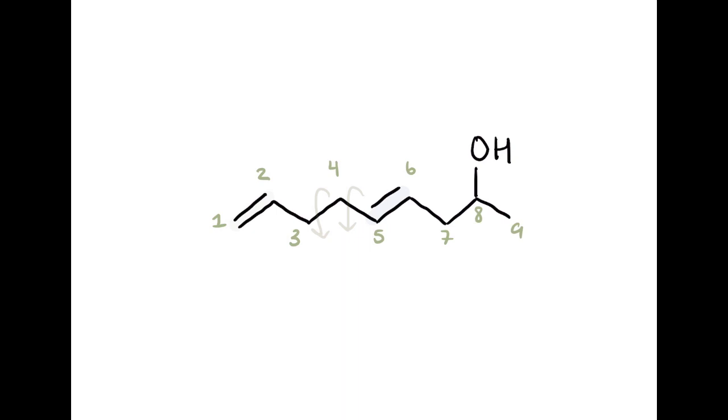And we can notice that at the 1 position, we have this alkene that's monosubstituted. We also have this alkene at the 5 position, which is disubstituted. So this suggests that there may have been some kind of sigmatropic rearrangement. And in this case, we can think about the Cope rearrangement, which forms a more stable, say, disubstituted alkene from